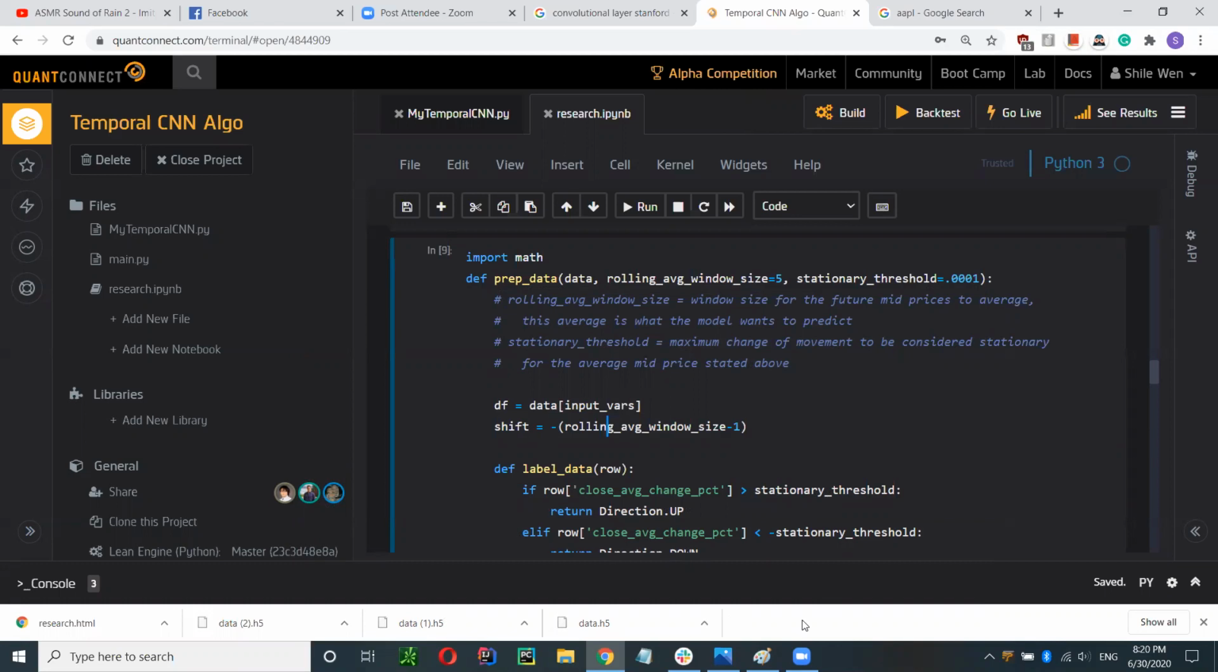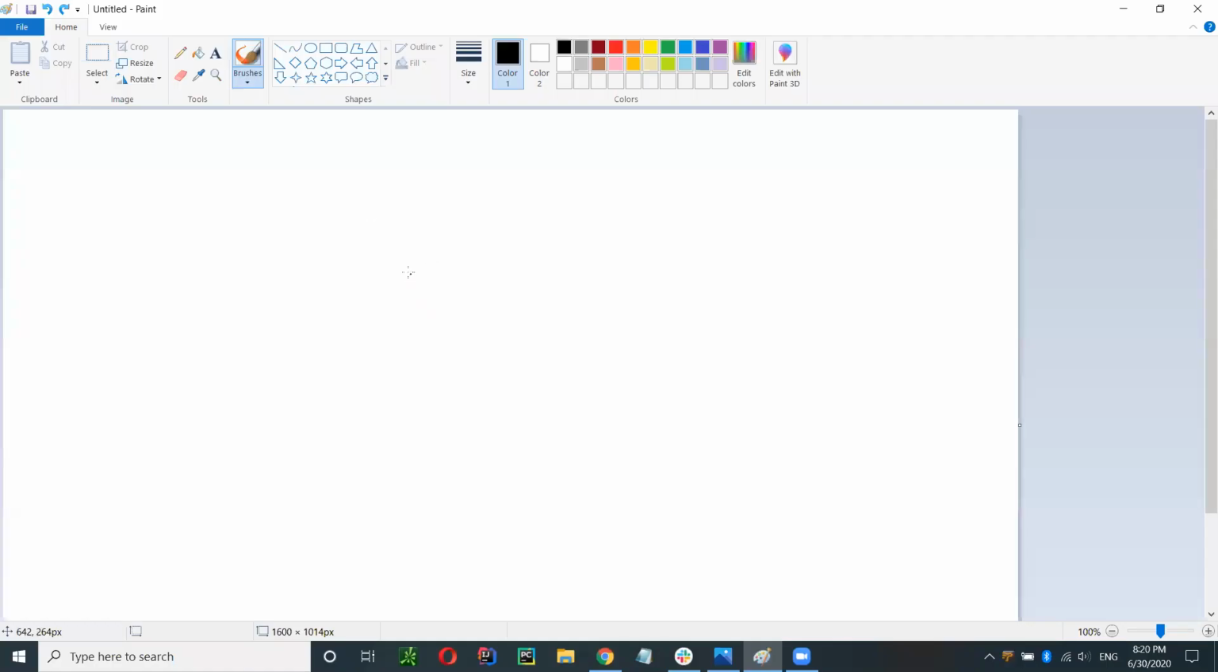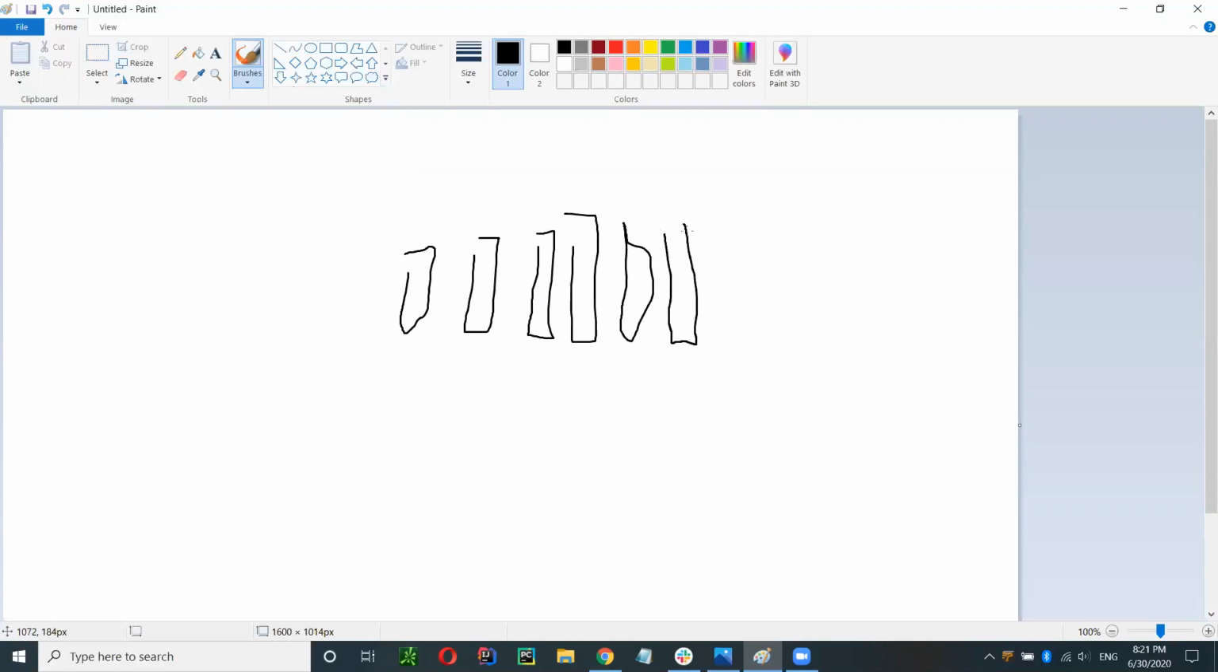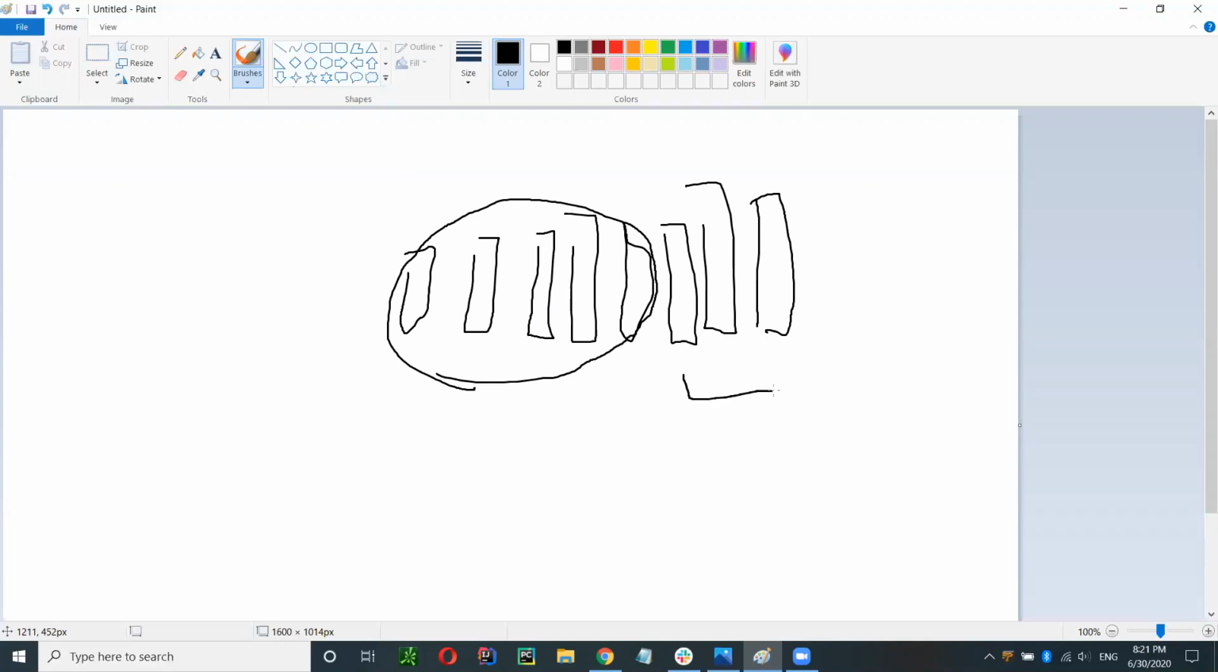Okay, so let me draw this out. Say we're using two moving average. These are all like bars of data, like OHLC within each bar. And we want to use the past 5 data to predict the average. Average. So what we need to do is we take the average value, and when we do,